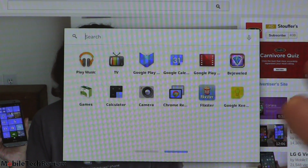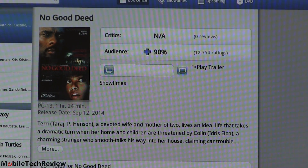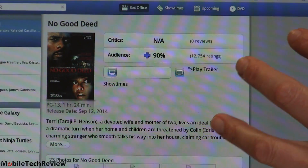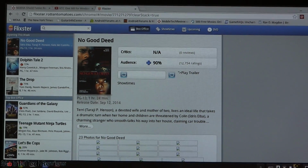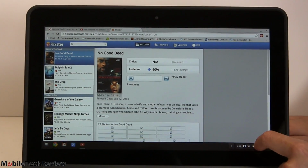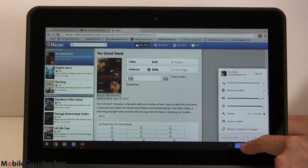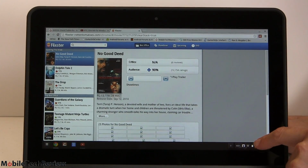And access to things like Flickster. So Flickster really will just take you to the, well, Flickster webpage right there. In a sort of customized view that works out for the browser. Actually, it could use up more of the screen in my opinion, but that's the way Chrome OS works. You have access to your account right there. Upload stuff to Google, power,